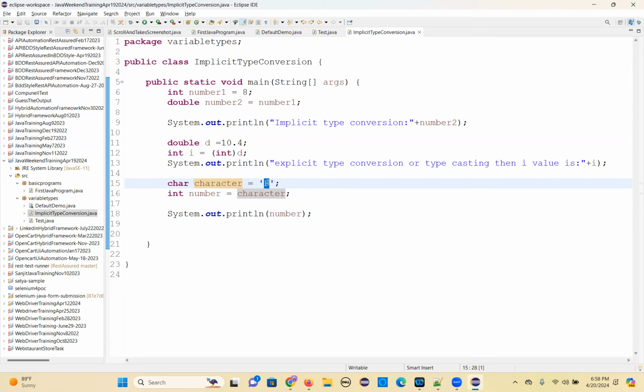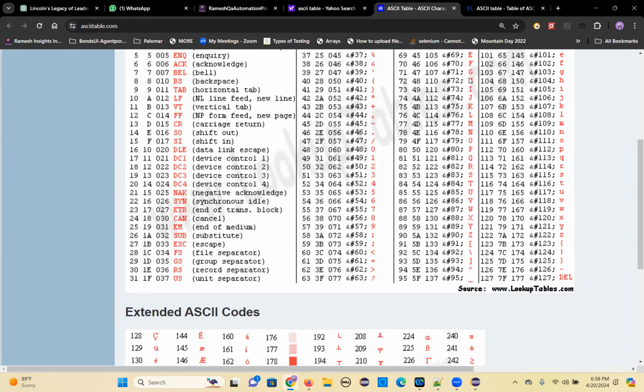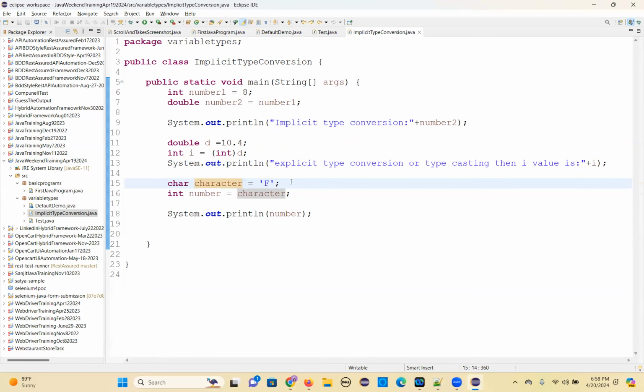Now see, character capital F. What is the ASCII code of capital F? 70. So a character occupies 16 bits of memory, right? But what is the integer memory size? 32. These memory sizes you need to remember. So easily you can fit 16 bits into 32 bits, right? There is no memory space issue for you. So that's why